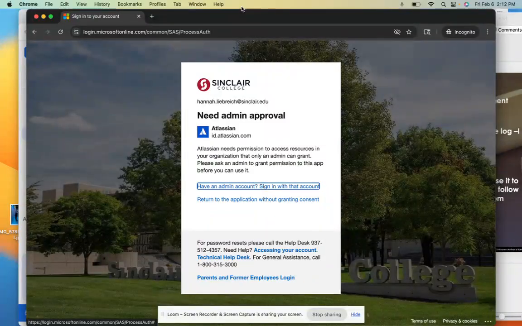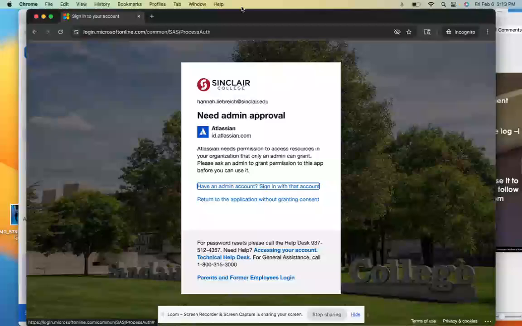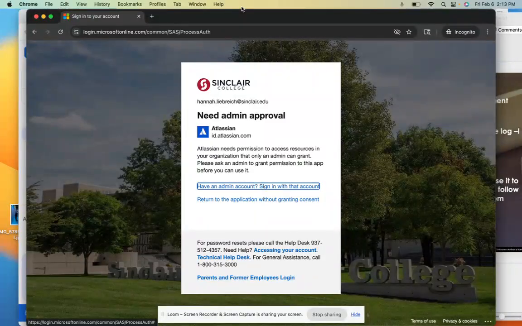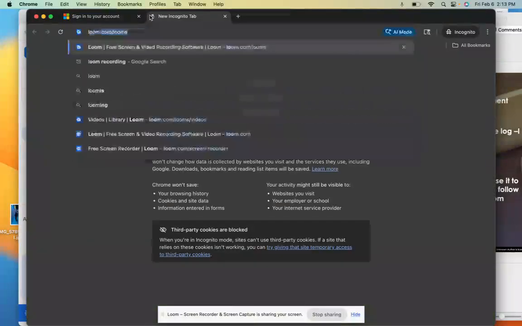If students also have issues creating a Loom account with your sinclair.edu email address, let me know. So an alternative could be that you use Zoom. I do know that everyone has a Zoom account that if you've never had to use before, you can log into Zoom using your Sinclair login credentials. So your Sinclair email address and your Sinclair password for that email address, you should be able to download Zoom and use that information to log in and record that way. But for now, I will use Loom